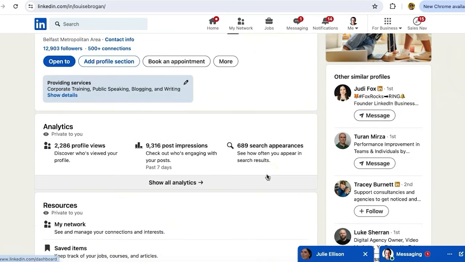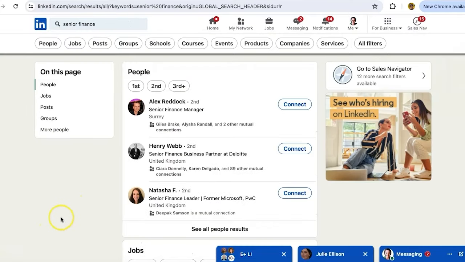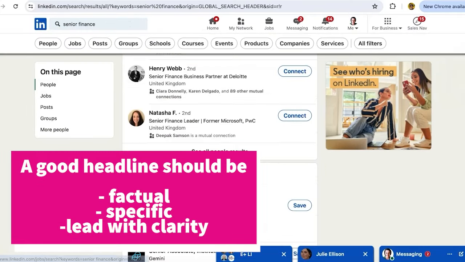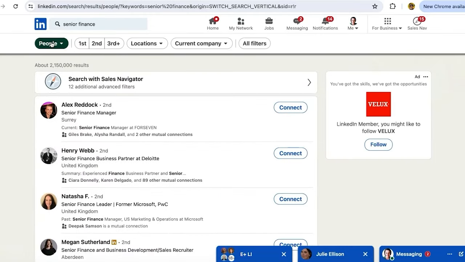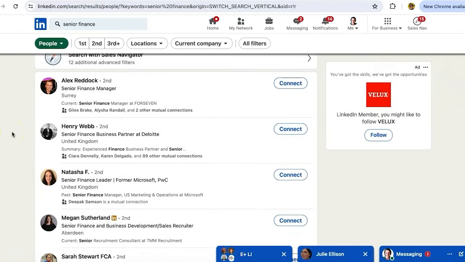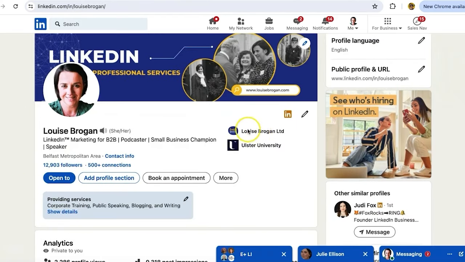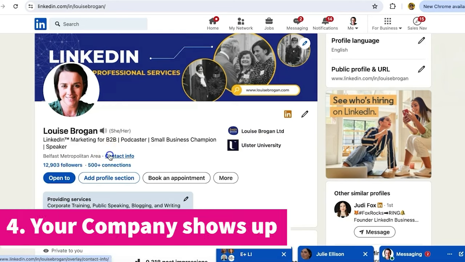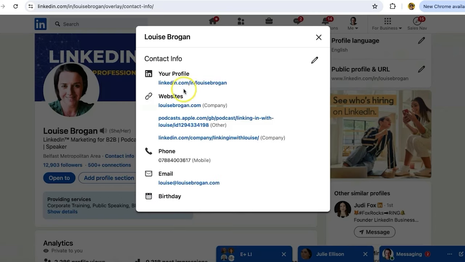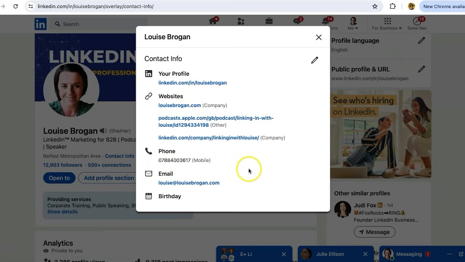If you want to look at somebody who's working within your field, get ideas from other people who are working in similar fields to you and see what headlines you like. You can absolutely look at other people for inspiration and then just edit it to suit yourself. Then you have your company in here and you have your university in here. Always check your contact info is up to date, that you have your profile, your websites and your contact email